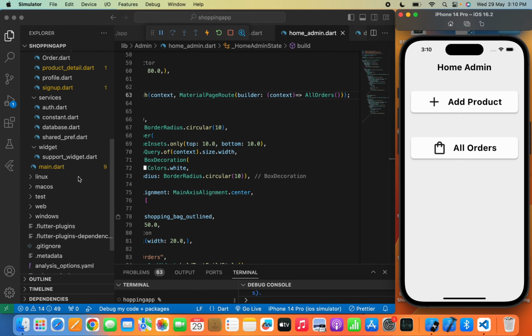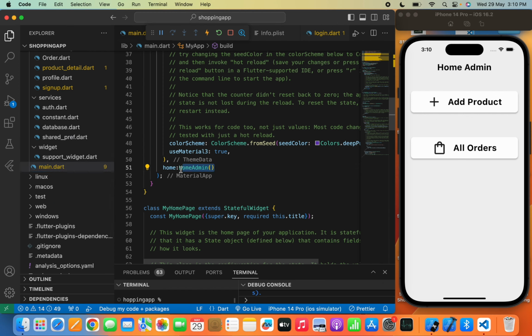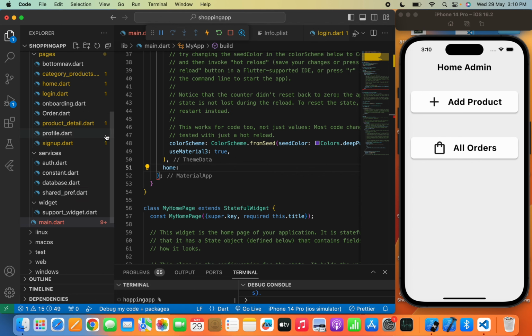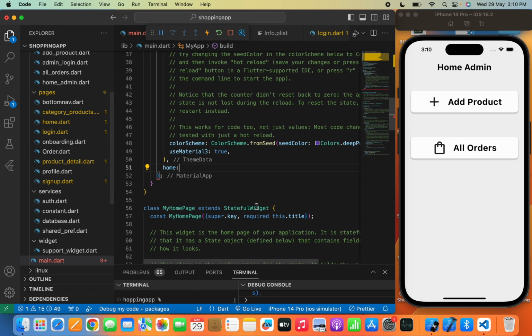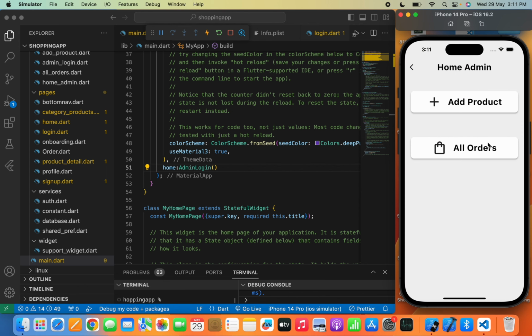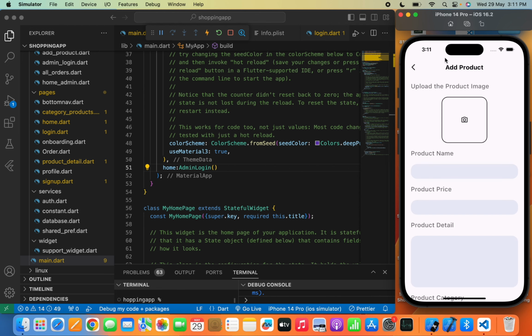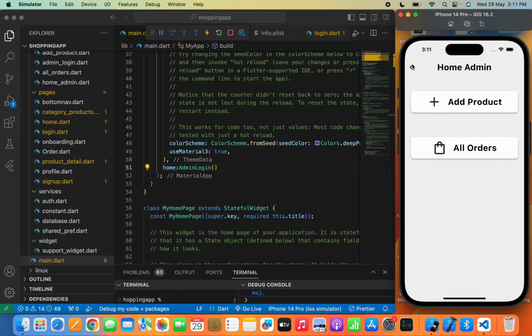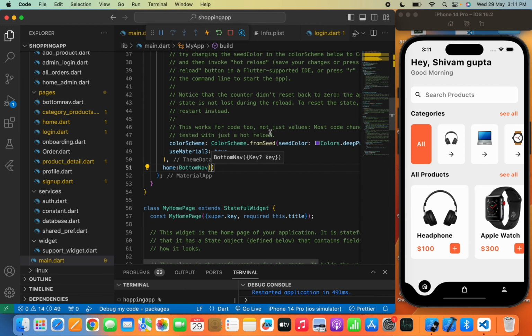So as soon as, for example, the admin moves to the admin login page, and they enter a username Peter and the password 123456 and click the login button, they will directly move to the home admin page from where they can manage all orders and add all the products to the categories they want. So we have made a complete e-commerce app, or you can say a shopping app, from scratch, and I